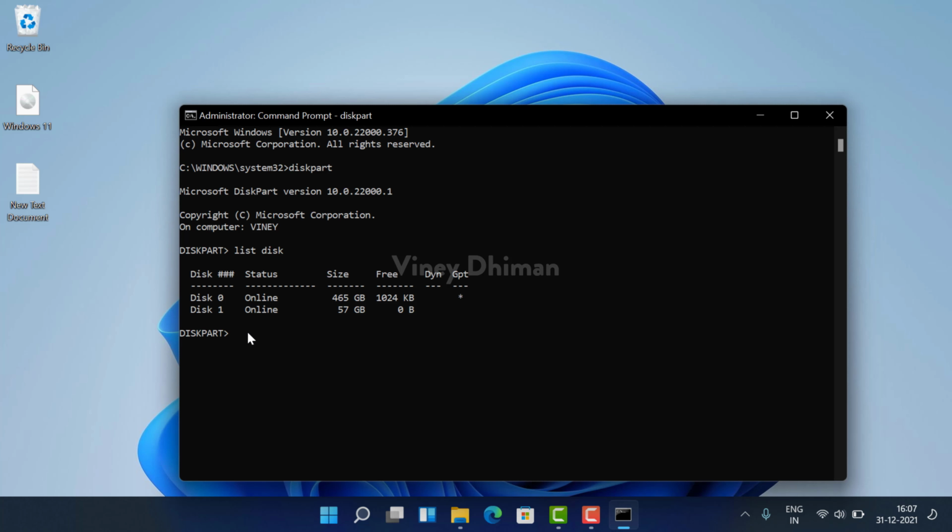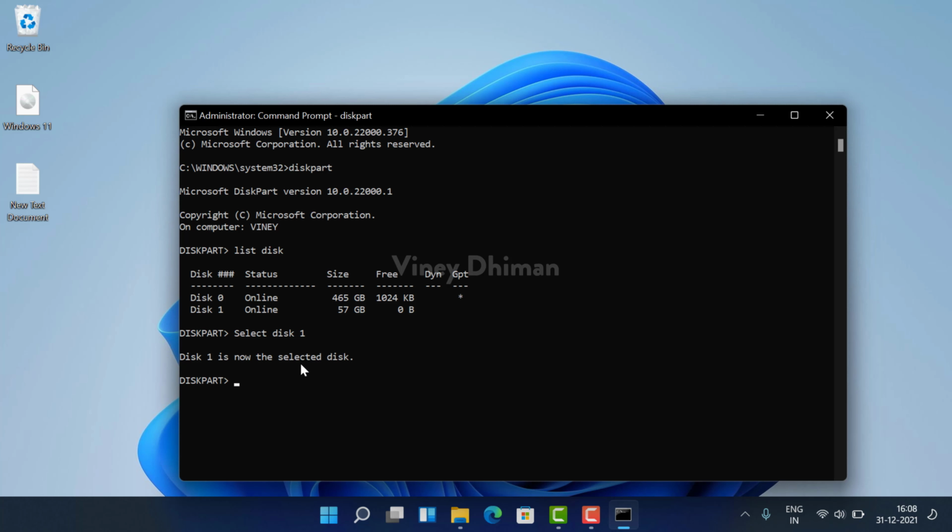The next command is going to be select disk 1. If it is disk 2 in your case, then the command is going to be select disk 2. But in my case it is disk 1, so the command is select disk 1 and hit enter. Now you will get the message that disk 1 is now the selected disk.